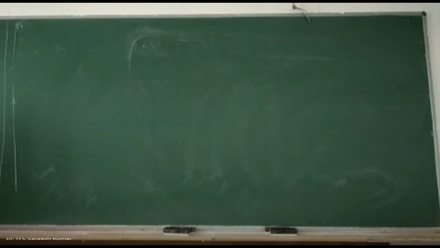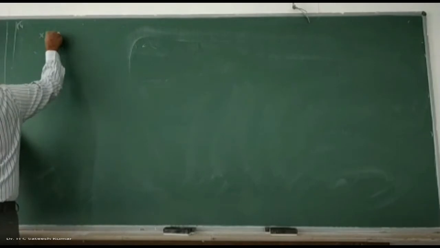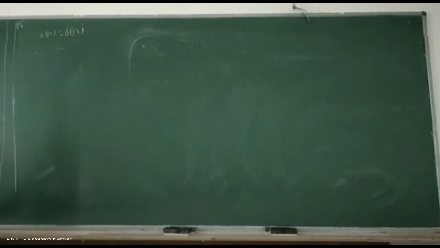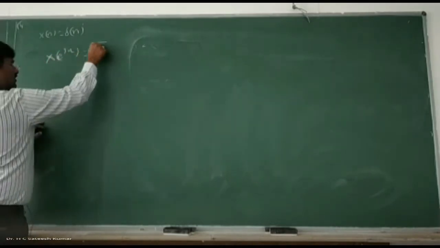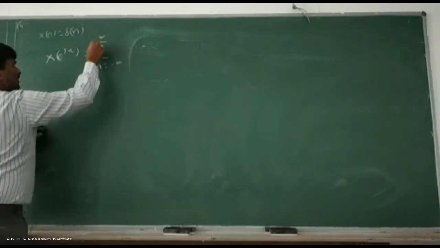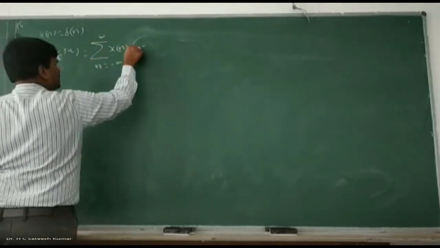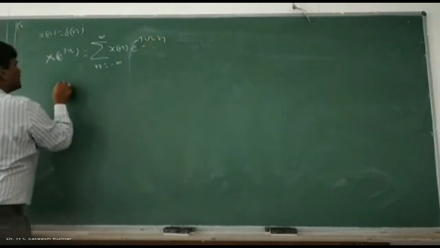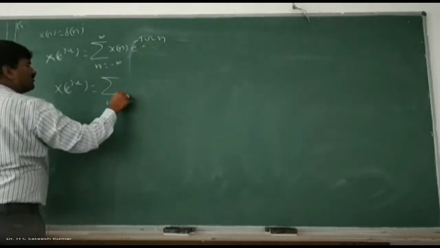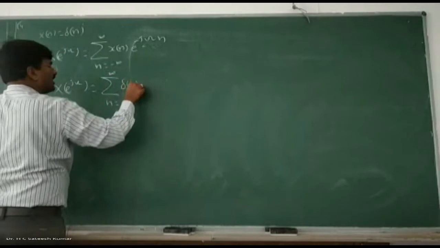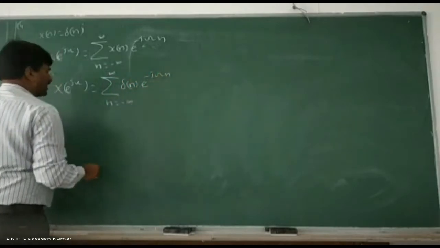This is a 3 marks question. Find the DTFT of x of n is equal to delta of n. Okay, right. Very simple problem. x of n is equal to delta of n. By definition, X of e to the power of j omega is equal to summation n varies from minus infinity to plus infinity x of n into e to the power of minus j omega n, where x of n is delta of n, which is nothing but,